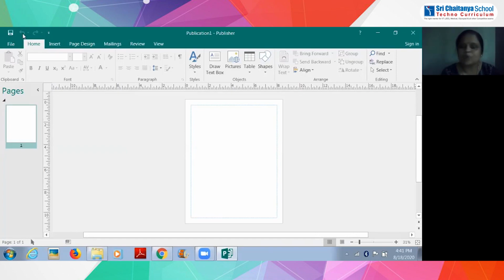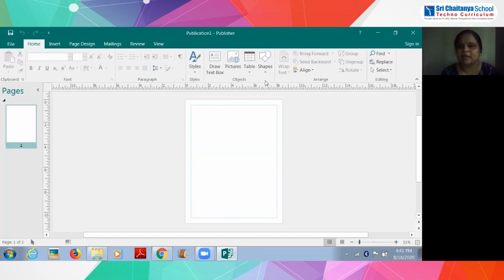This is same for all Microsoft Windows, right? In all the Microsoft Window applications, you can see a quick access toolbar at the left corner of the title bar. And to the right side, you can see close, minimize, maximize buttons. You all know this.